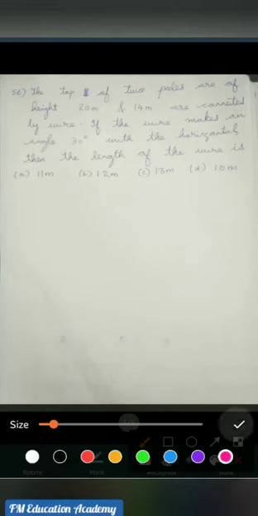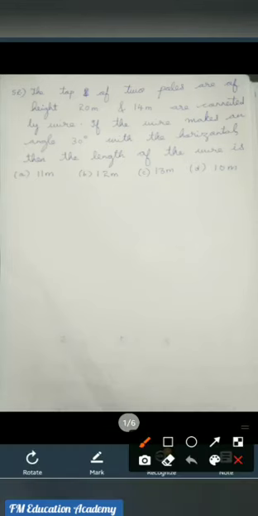Observe the question. Here it is asking from the figure what is the value of theta. Okay. So here also what we can do? We know tan theta. Before moving on to 52nd question, let us complete the 51st question.